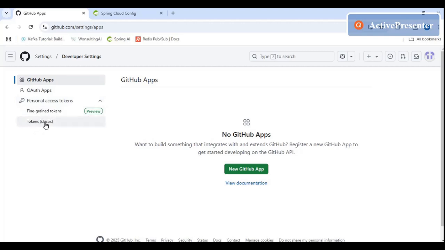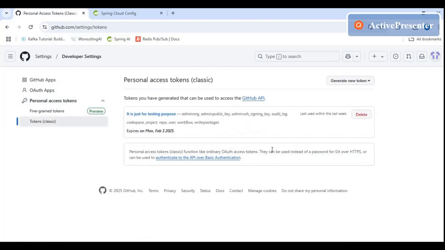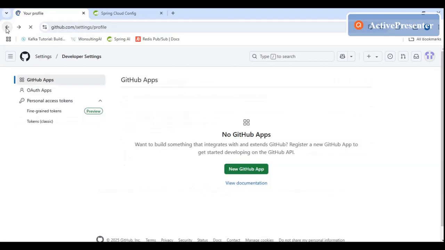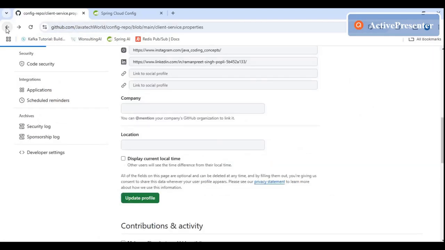Click on personal access token, that is token classic. I have already generated a token, so it is giving me an option of delete. It is also giving me the option of generate new token. You can click on it and a new token is generated, right? You have to authenticate yourself and a token would be generated for you. This token you can put in as a password for your repository access, right?